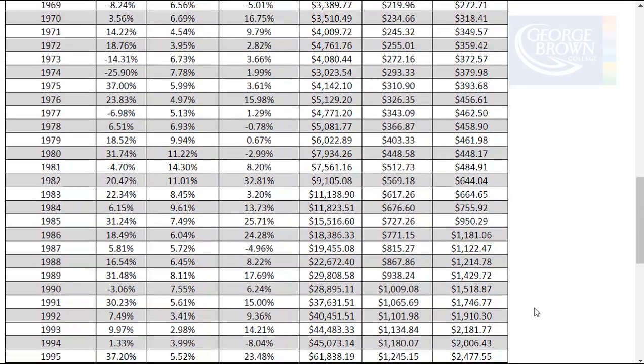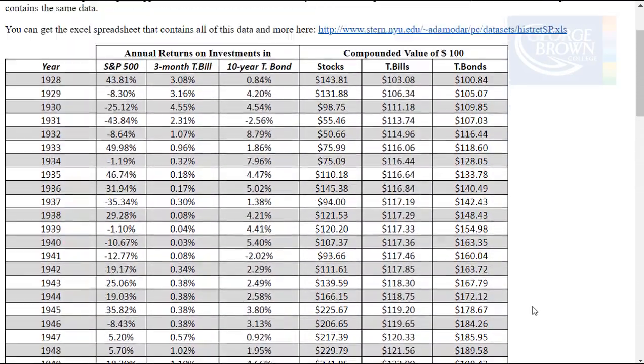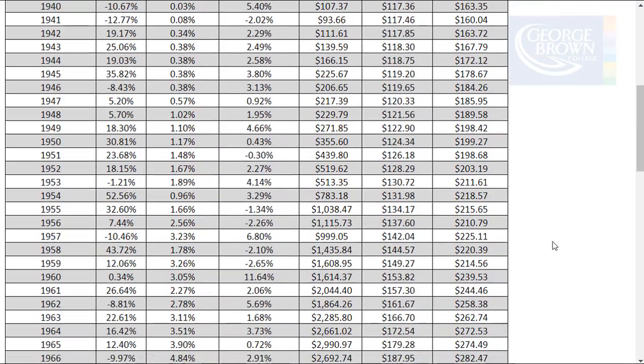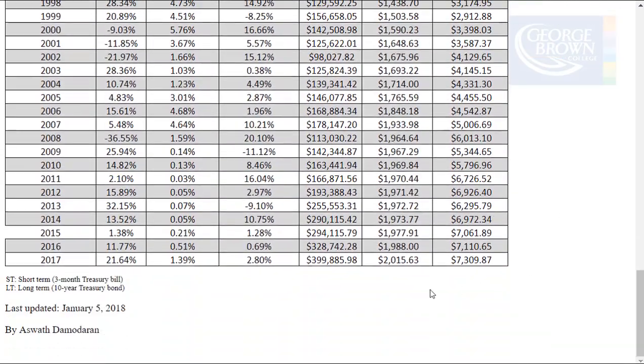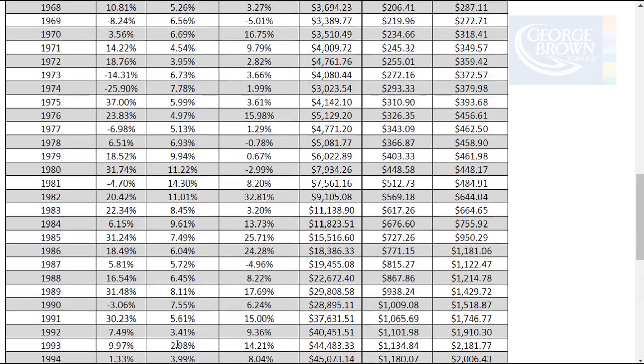the growth of $1. He's showing the growth of $100, starting in 1928, and the same message comes through. If you invested in stocks, the growth of $100 is giving you quite a substantial capital return versus the T-bills or the T-bonds. So again, this is the website of Aswath Damodaran. Very excellent